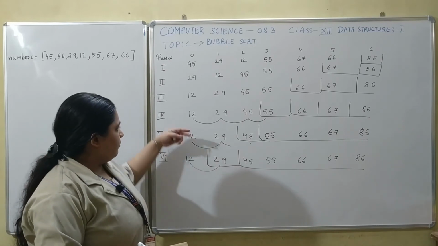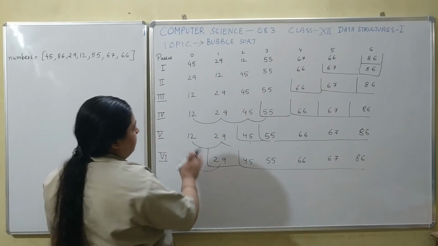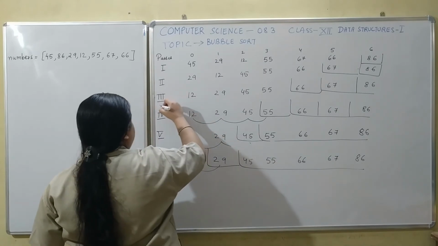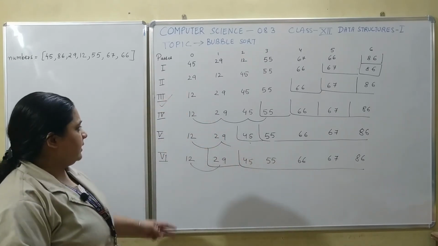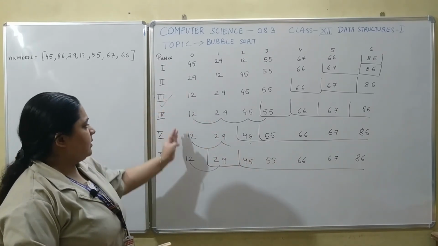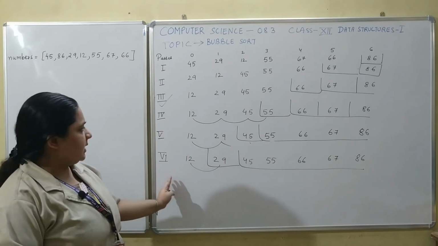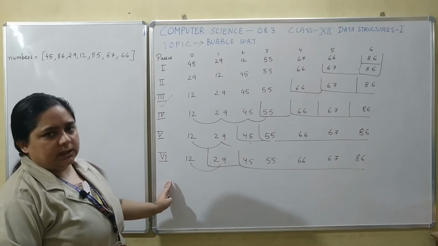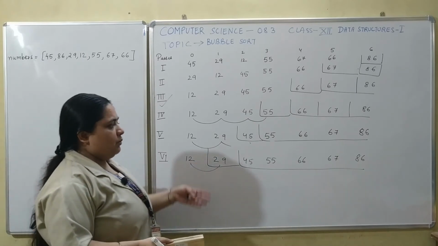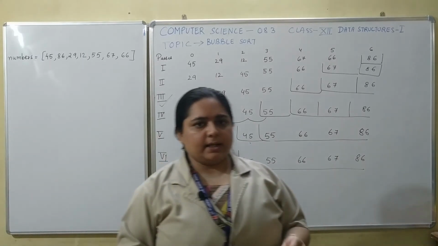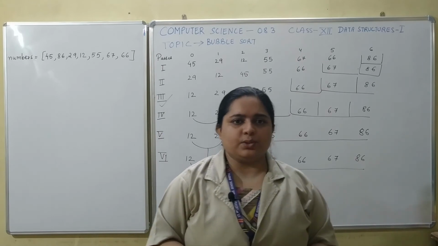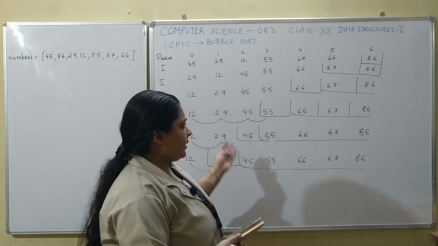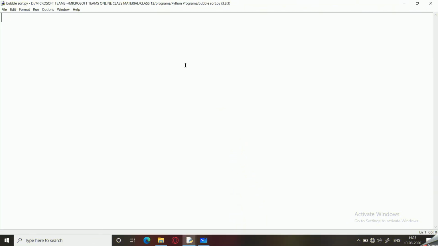Although we saw that our list was sorted right at the end of the third pass, because we don't have any way of checking that in between the execution, it is going to complete all the passes. Now to understand it in a better way programmatically, let us move on to the computer and see how this program works. Let's see the bubble sort program practically here.